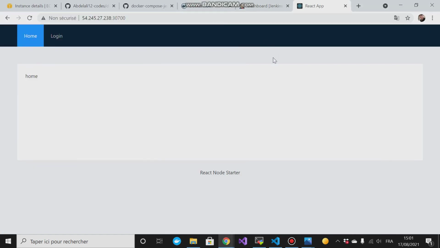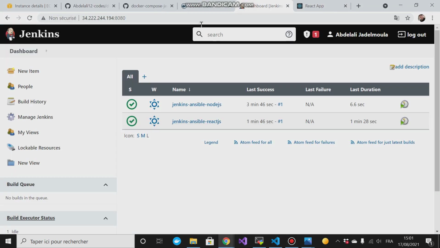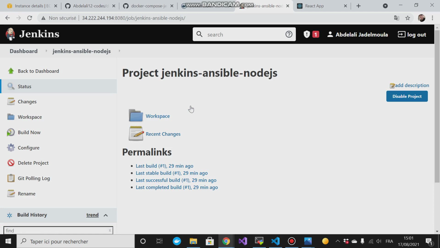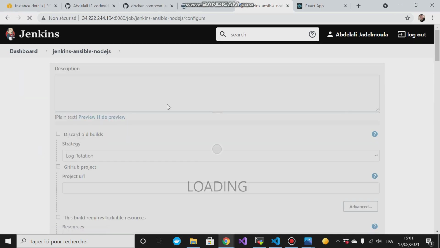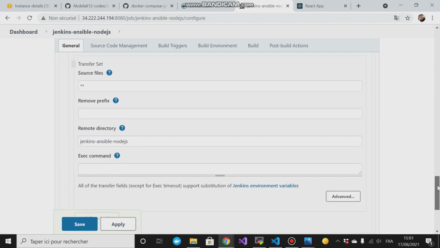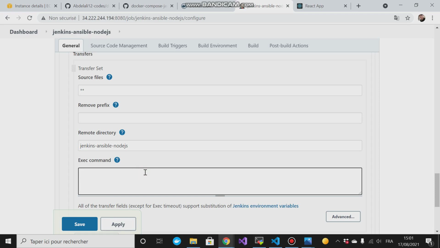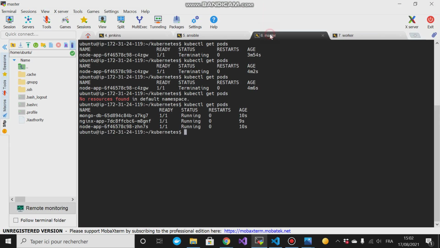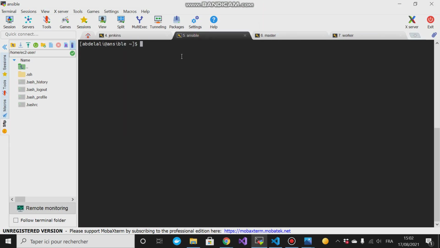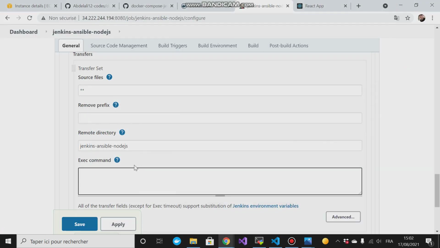are working. So now let me go to our Jenkins here, to our Node.js job, and then configure it. I will modify something here, and I go down here in the build, and here I will execute commands, right? So what are these commands? Let's check here, Ansible, right? So I will cd to home Abdel. Then I will type this command ansible-playbook